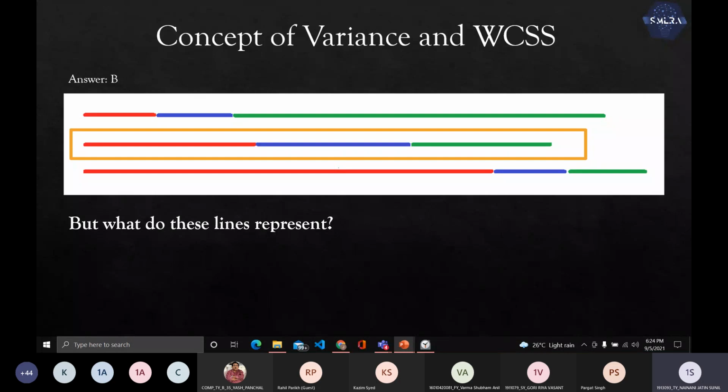Why do we use variance? Because that goes back to our definition of clustering. Remember, as the similarity goes up, variance goes down. So basically what we're trying to do is minimize the variance across all clusters. Okay, that's the whole gist. And how do we calculate variance? With WCSS. Does that answer your question? Yes, sir. Okay. Anybody else?